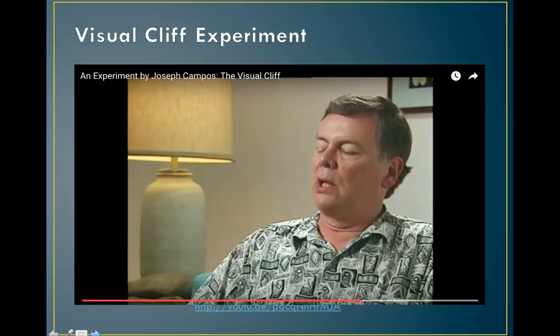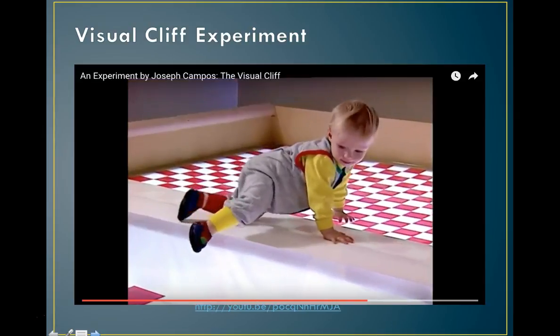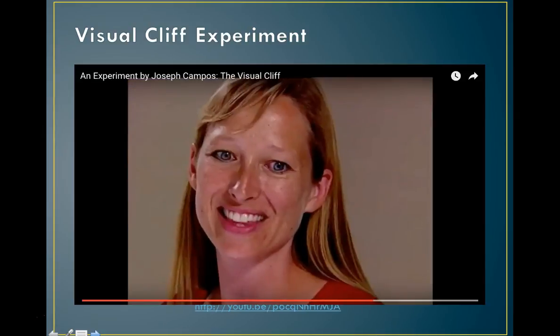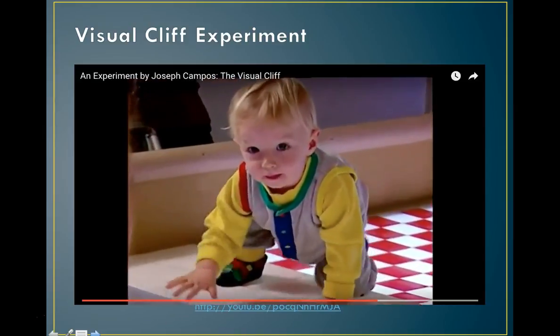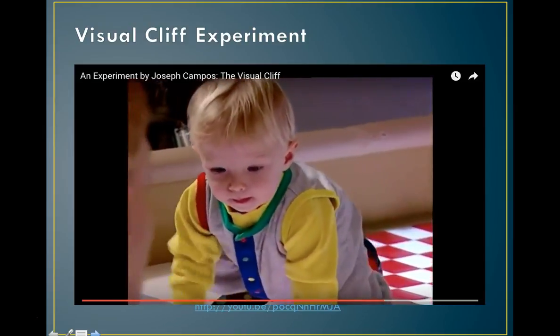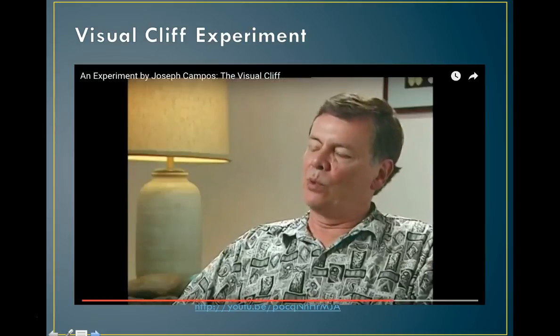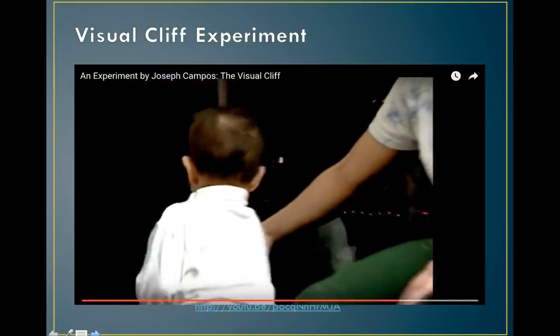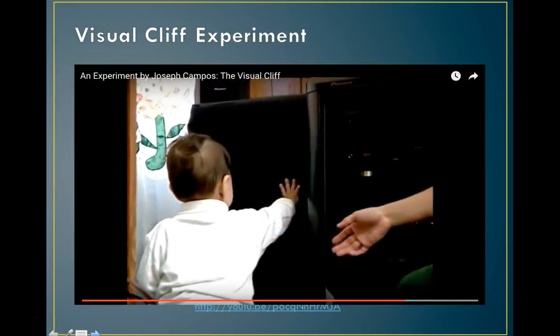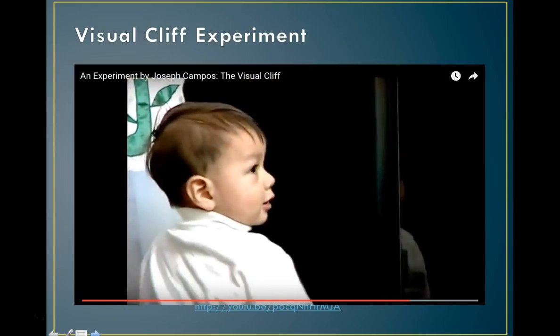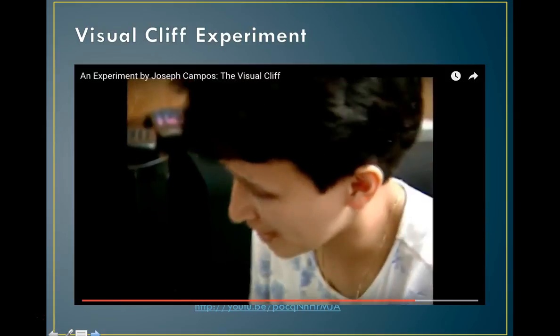This particular study demonstrates the role of nonverbal communication in determining the child's behavior in uncertain contexts. The baby will, when they encounter something ambiguous, something uncertain, typically look to the significant other, the mother, the father,